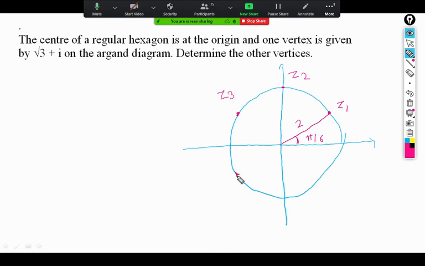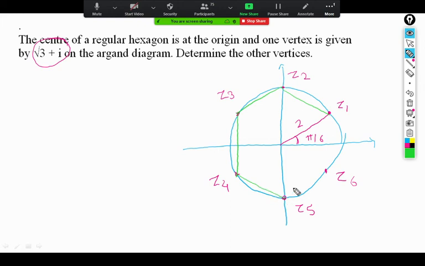This is Z4, this one is your Z5, and obviously this is 30 degrees again, and that is Z6. So these are the 6 roots we calculated. And when you join all these together, they will form